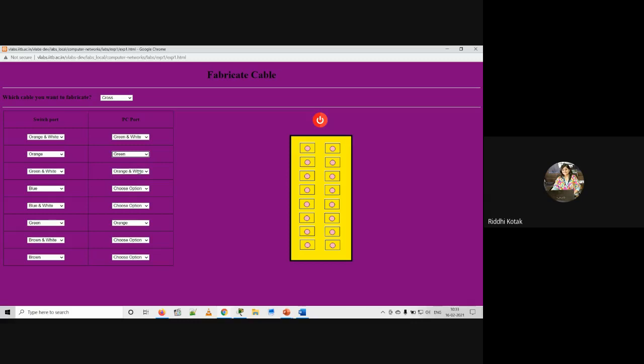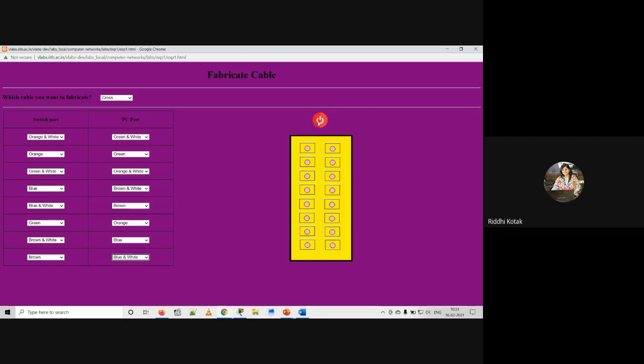Third is orange and white. At the fourth, we have to select brown and white. At the fifth, we will select brown. Sixth is orange. At the seventh, we have to select blue. And this color code is predefined in a network, right? Everyone has to follow the same if you want to create a crossover cable. At the eighth, which color? Blue and white.